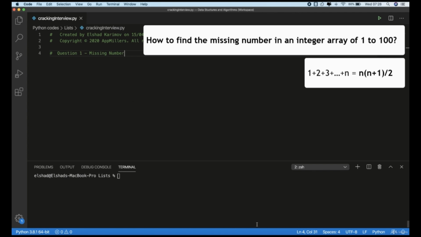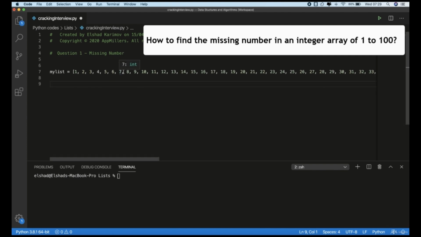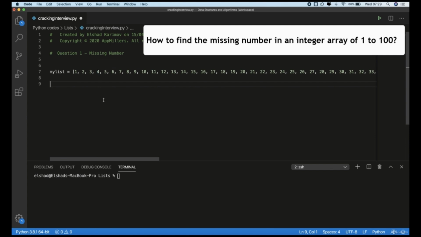Okay, as I mentioned, this can be easily solved by calculating the sum of series using n multiplied by n plus 1 divided by 2. This is one of the quickest and most efficient ways to solve this problem. So let's imagine that we have a list like this, in which elements start from 1 till 100. But here, one element is missing. So we need to find the missing element. As we said, we can find it by using